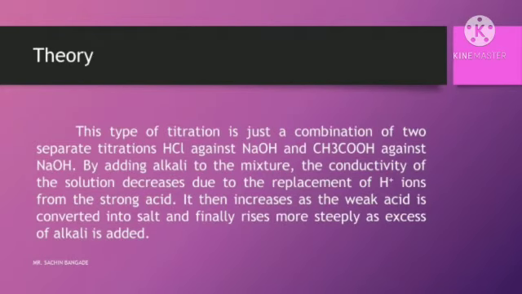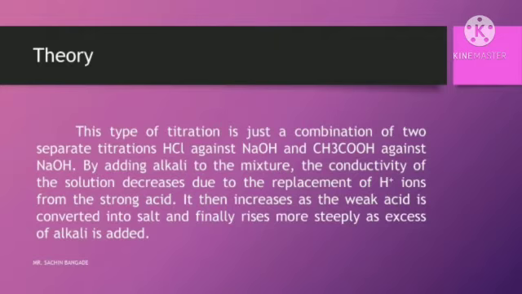Theory: this type of titration is just a combination of two separate titrations, HCl against NaOH and acetic acid against NaOH. By adding alkali to the mixture, the conductivity of the solution decreases due to the replacement of H+ ions from the strong acid. It then rises slowly as the weak acid is converted into salt,